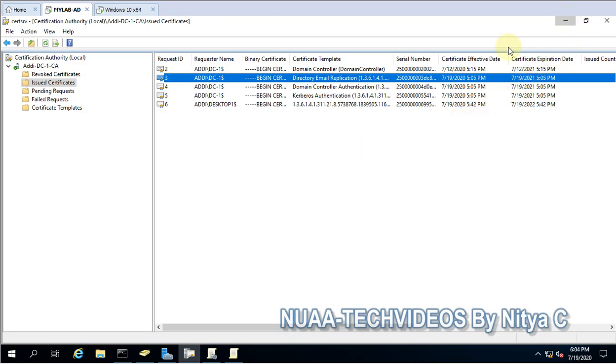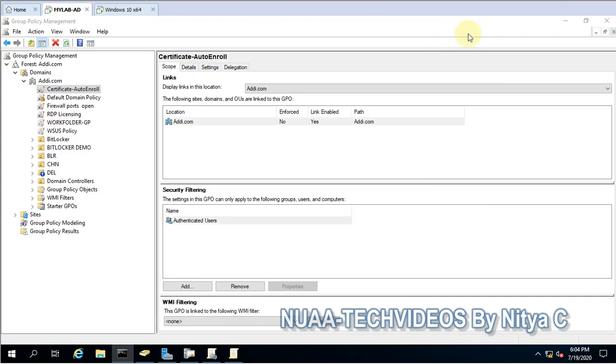So that is how we can configure the auto enrollment, so that if there is any template or certificate available in the certificate authority, that will be auto renewed or auto installed on the client machines.